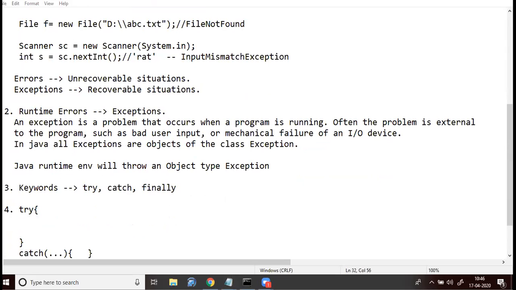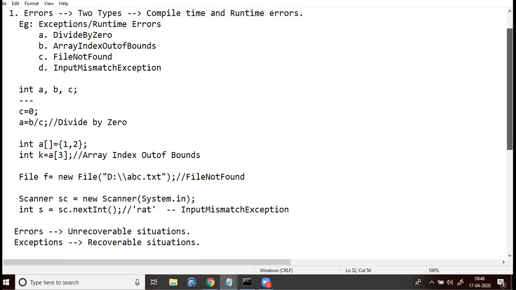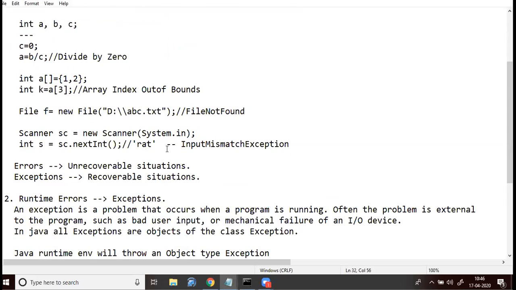What we have discussed so far is that exceptions are nothing but runtime errors. Basically there are two types of errors: one is a compile time error and the other is a runtime error. When a compile time error occurs, generally we have to remove that error and only then can we execute the program.